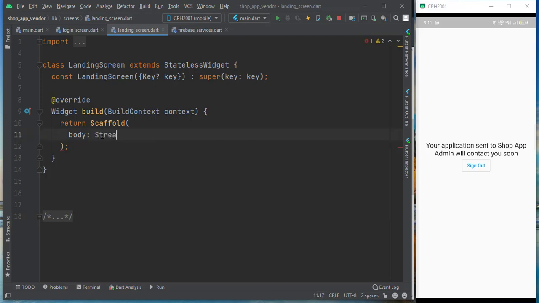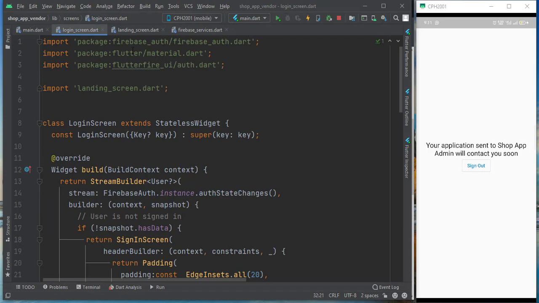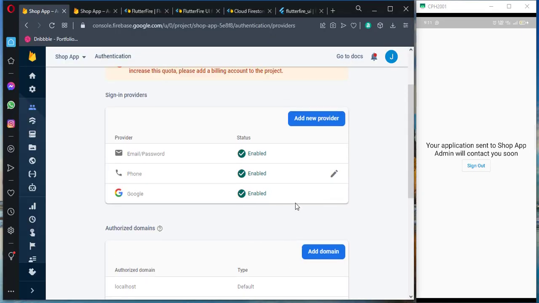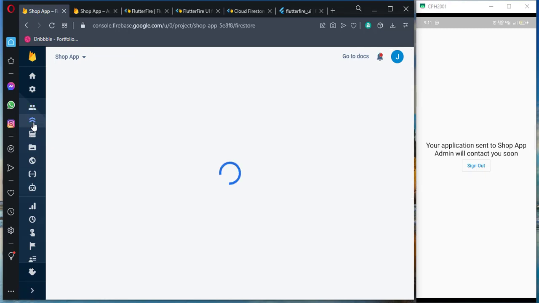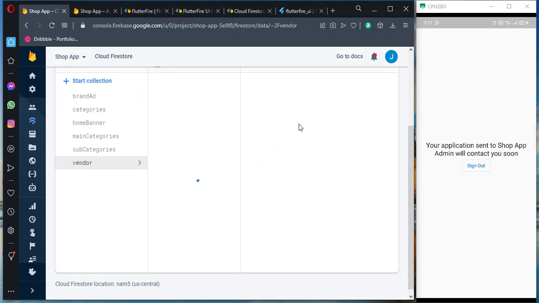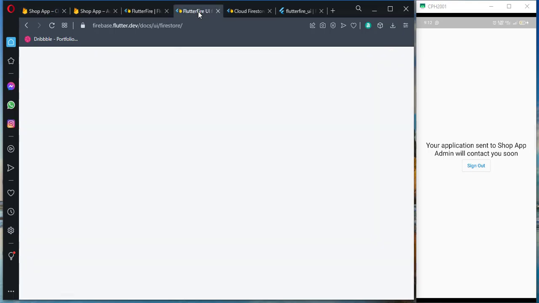Then here, same like we did in our login screen, our sign in screen, we will use a stream builder. Yes, stream builder here. You can see in the login screen also we use the stream builder, right? But there we use user authentication. Here we are streaming the collection. Where's the collection? Collection is here, right? Here it will stream this vendor collection, and it will check the approval status of the vendor, or whether the vendor already exists here or not. For that, if you go to our Flutter documentation,